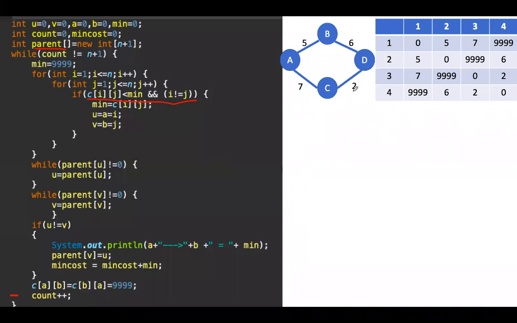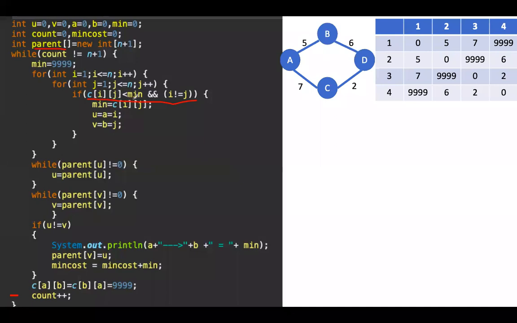Okay, immediately we'll not get this edge. We'll go on checking row by column, value by value. We'll find out which one is the minimum value, and that we will select. So the for loop will run this many number of times. Okay, 8 times it will run this for loop. So now we are in the inner for loop. I value and j value are 1 comma 1.